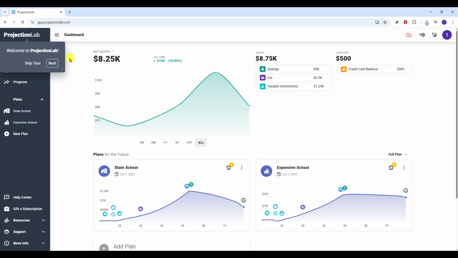Hello, today we will guide you through how to create a financial milestone in ProjectionLab. Milestones are the moments you want to see highlighted on your financial timeline. Things like paying off a loan, hitting a net worth target, or celebrating a big purchase. By the end, you'll know exactly where to go and what to click, so your plan reflects the events that